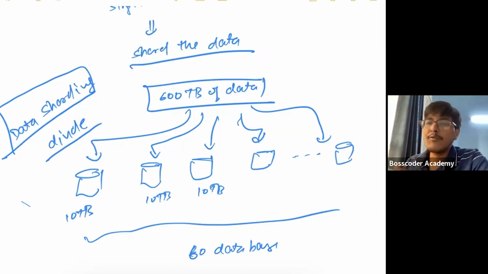Some data everywhere, right? For example, let's say you have a bucket of water, and you have these glasses with you. You cannot store all the bucket of water in one glass, but you can have a lot of glasses and store some water in all those different glasses. That is known as water sharding.